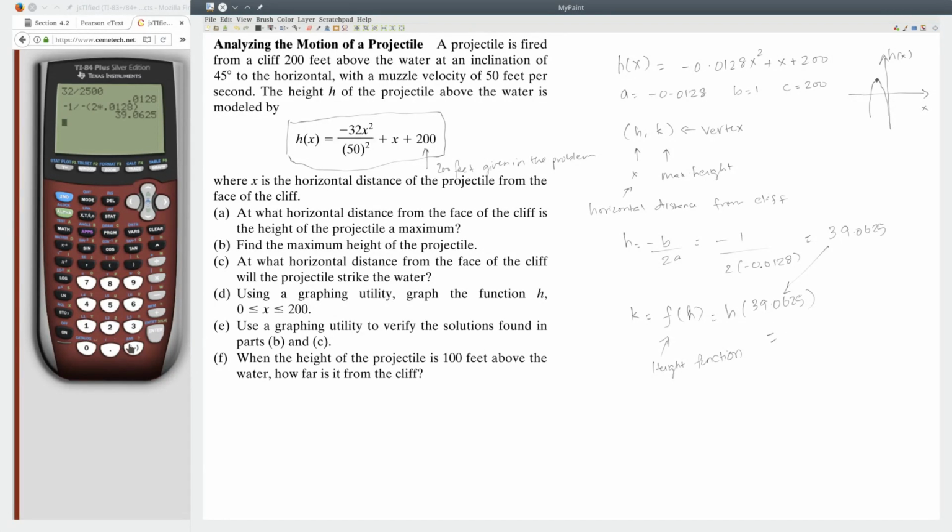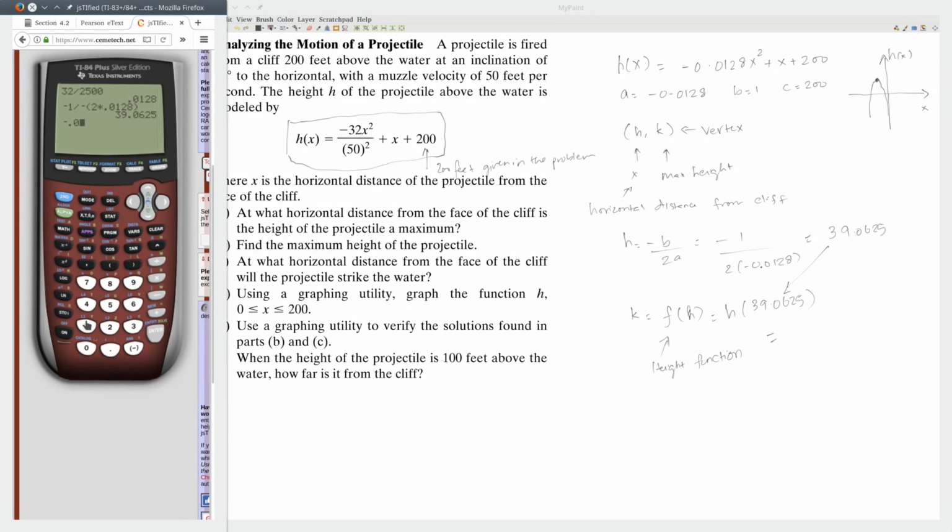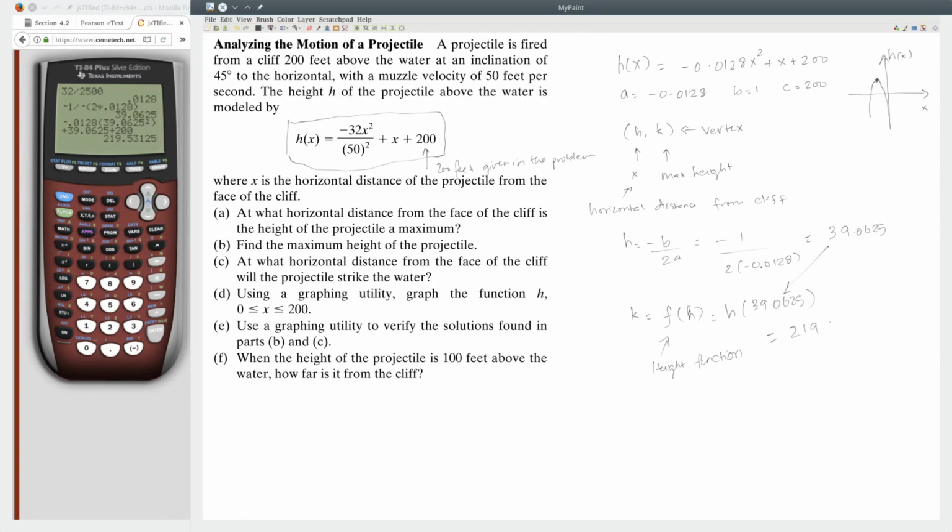So we will have minus 0.0128 times 39.0625 squared plus 39.0625 plus 200, and we get 219.53125. So this would be the maximum height attained,